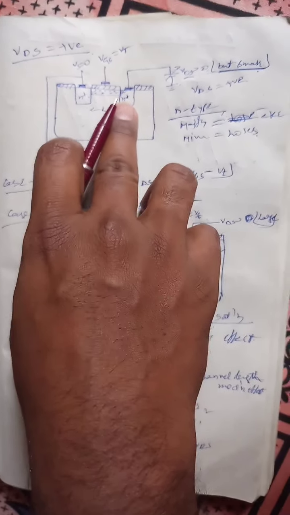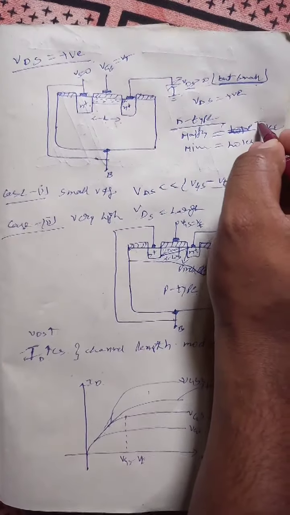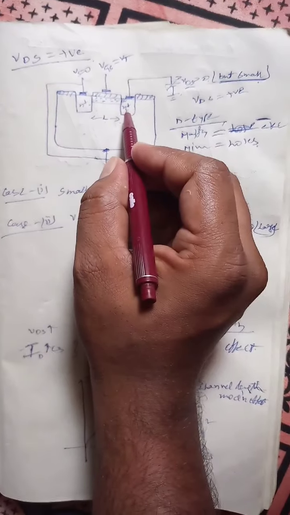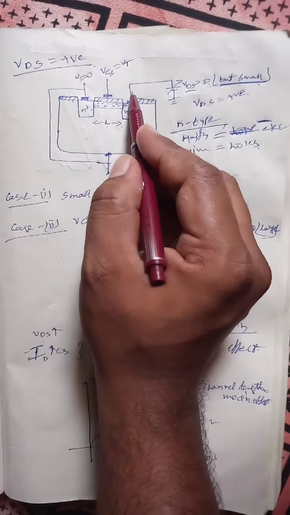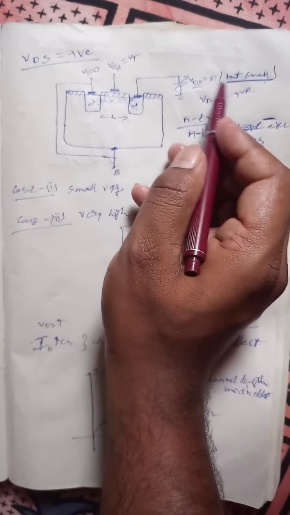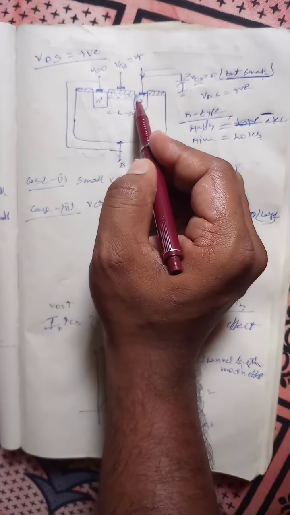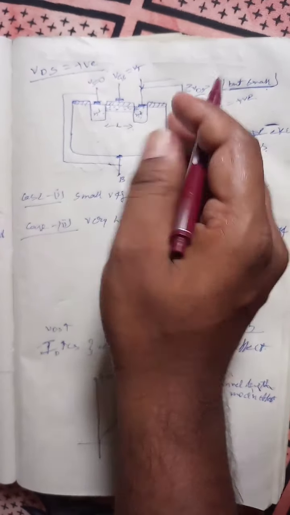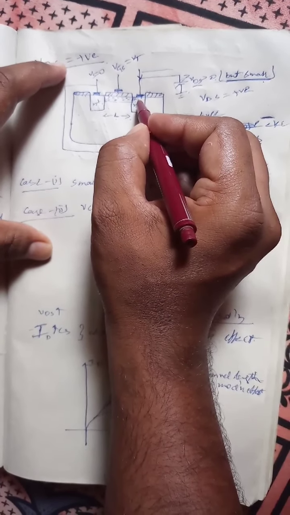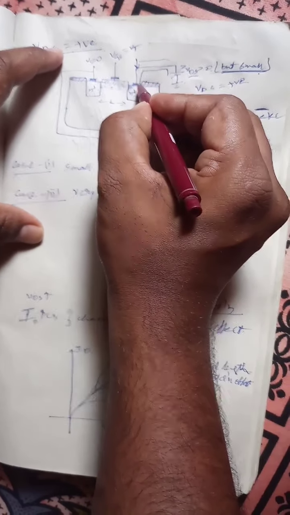As the majority charge carriers are electrons, we are going to see these as negative charges. These negative charges are going to attract the positive charges. Whatever positive charge we are giving from the drain terminal is going to attract these negative charges. Both attract each other, and here the current flow is going to be done. So from here, as we are giving this, the current is flowing like this.